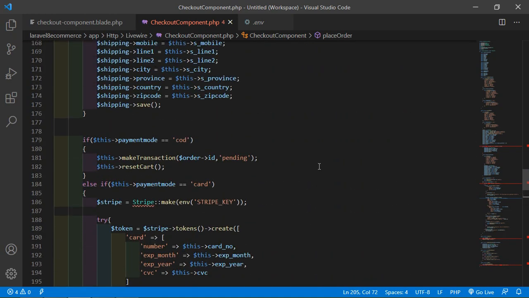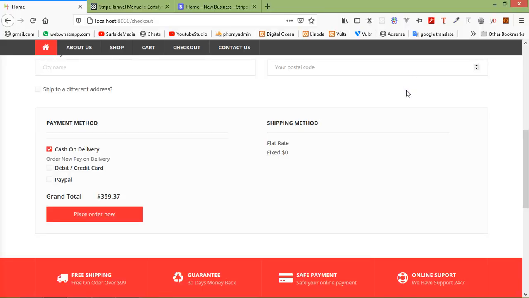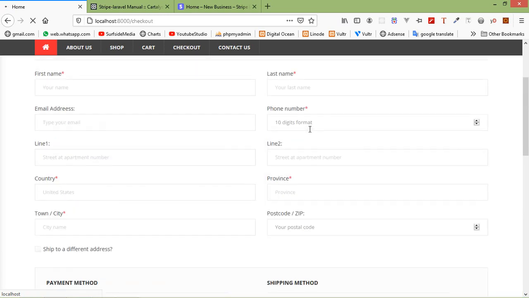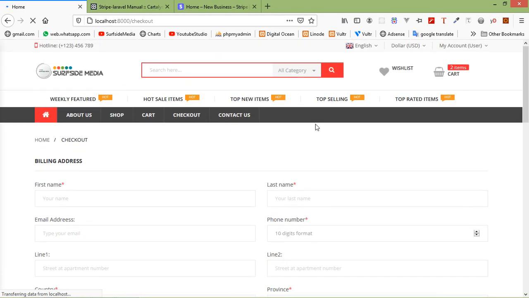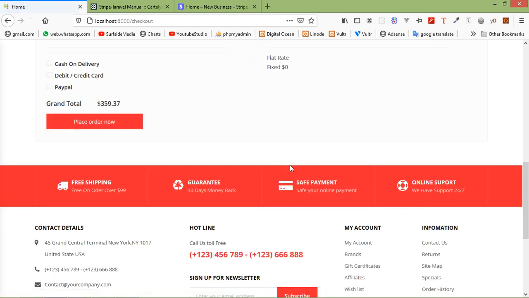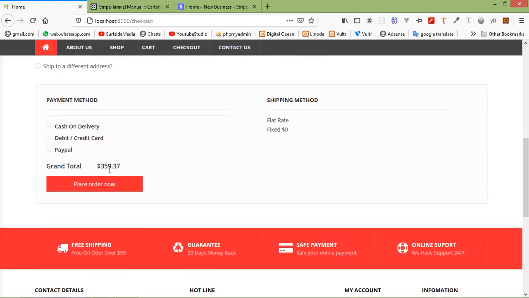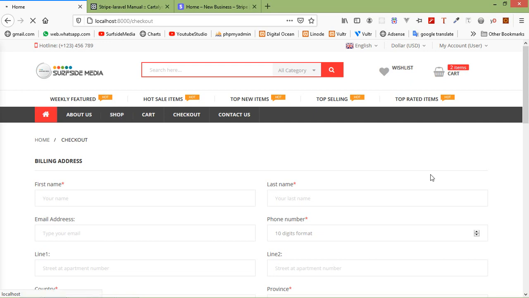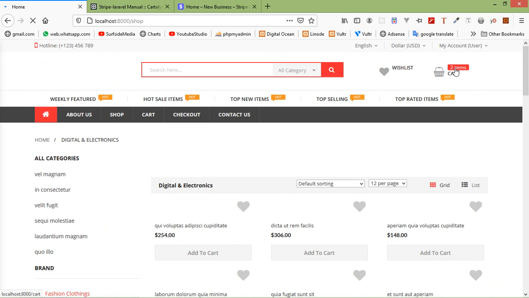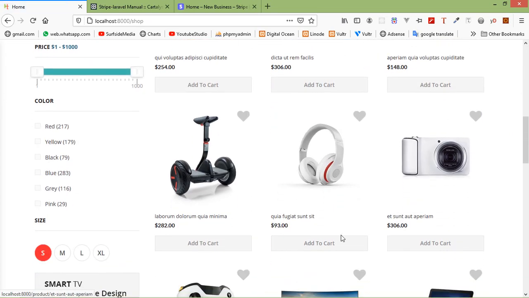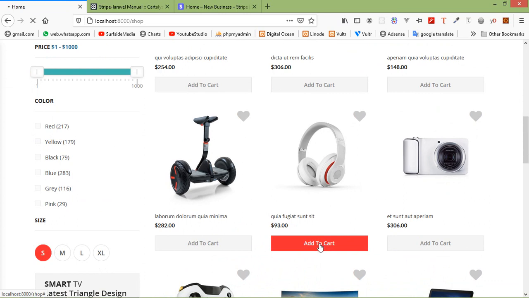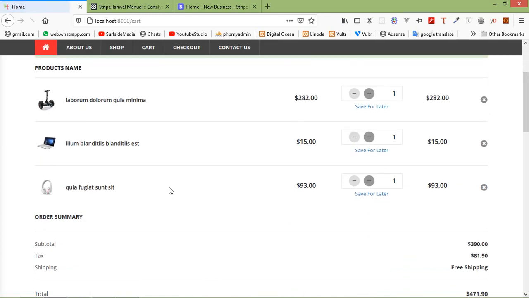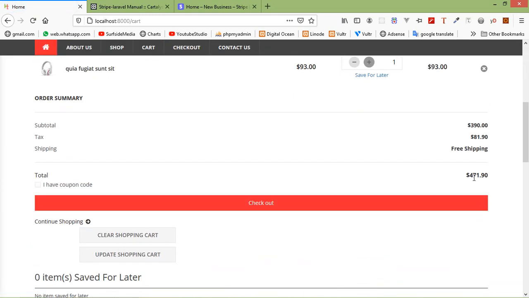So let's check this. So just go to the browser and just refresh the page. Alright, and you can see here the total amount 359.37. Okay, let's add one more product in cart. There are two products. Okay, I'm just going to add this product. Okay, and now you can see here the total amount $471.90. Okay, now click on checkout,